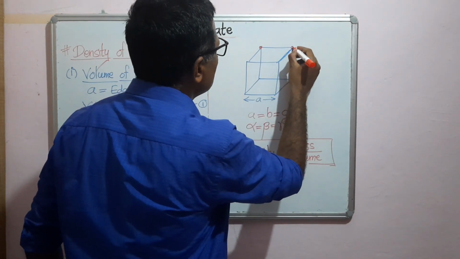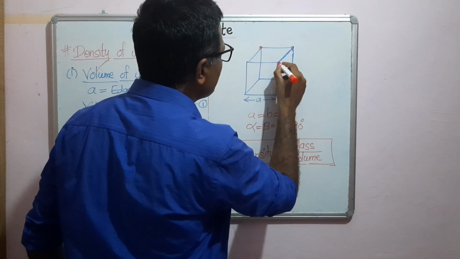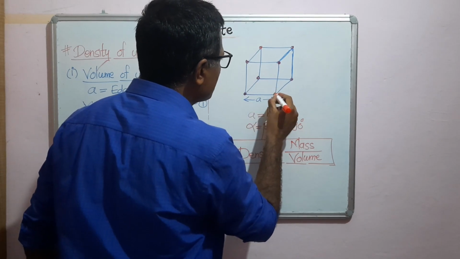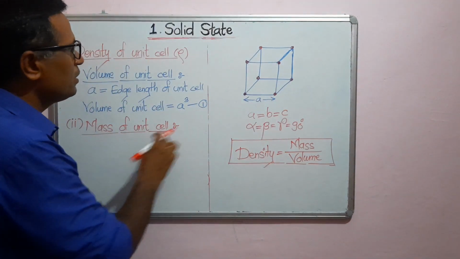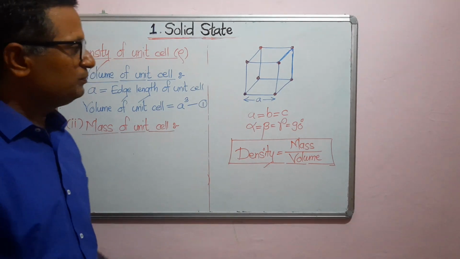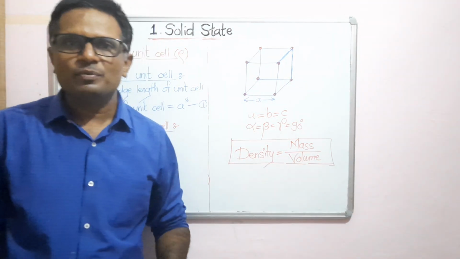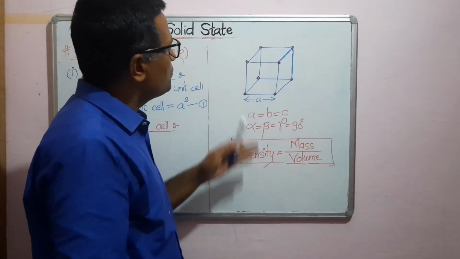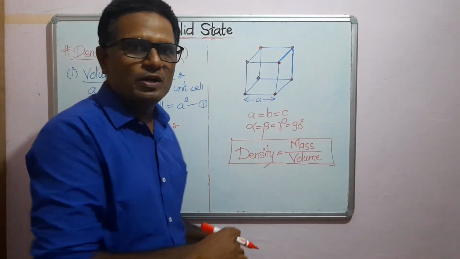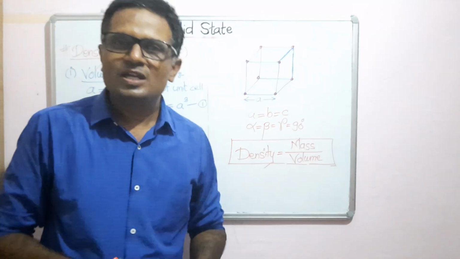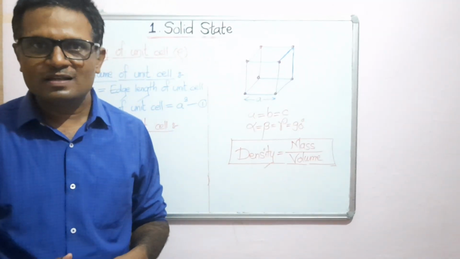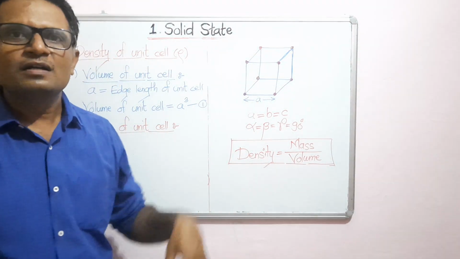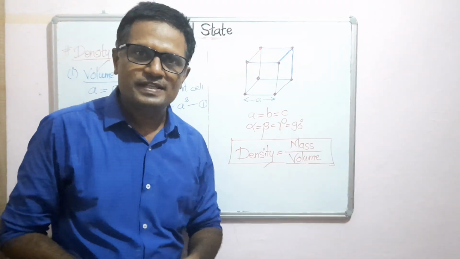In the similar way, whatever unit cell whose mass is to be determined, as you know, unit cell is a hypothetical concept, and whatever unit cell is there, that is formed by joining the lattice points. As such, unit cell has no mass. So whatever mass of unit cell is, is because of only the atoms present in the unit cell.